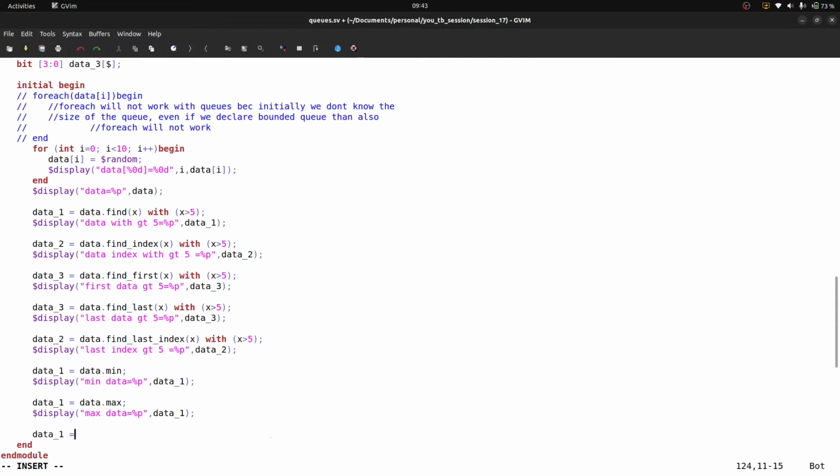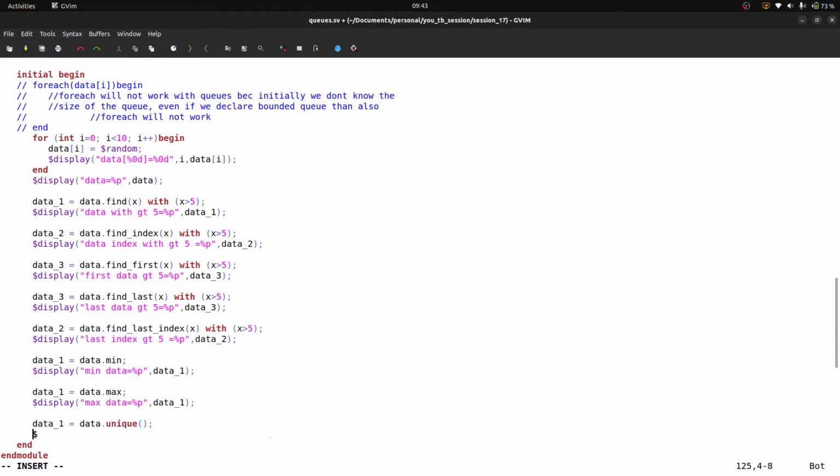Okay. After that data_1 is equal to data.unique. $display, you can write unique data is equal to percentile P, data_1. So let's say 10 elements are there, some elements are repeated multiple times, right? So it will give the unique values only.